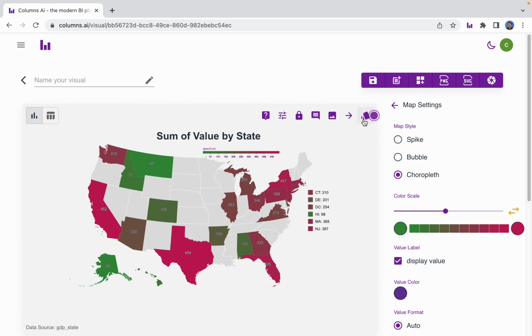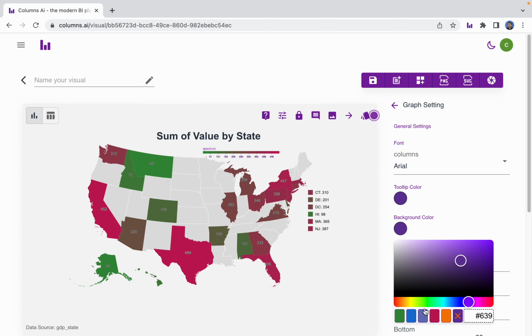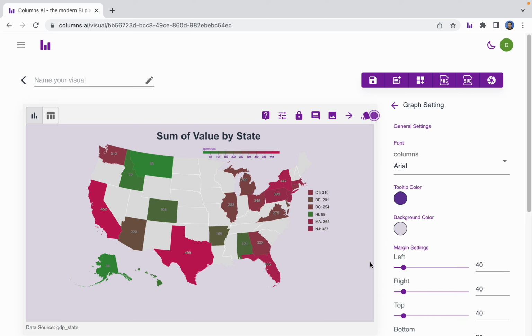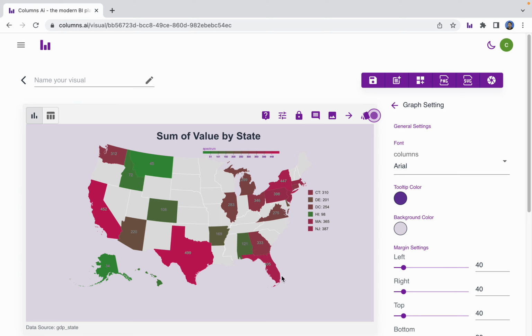Also, you can have overall settings for the whole canvas, like with this icon here. From here, you can set general settings, for example, the font for the whole canvas and the background color. For example, I want to use some light colors for my background. And also the size and space for the canvas, so you can place a lot of other things, for example,